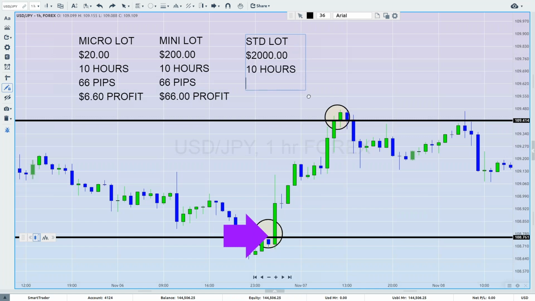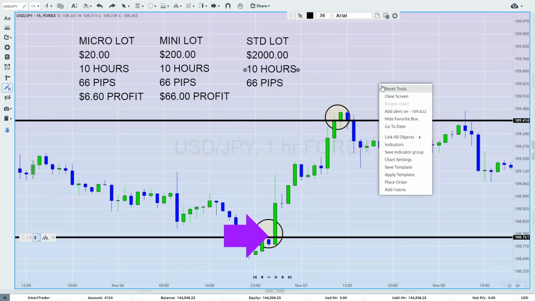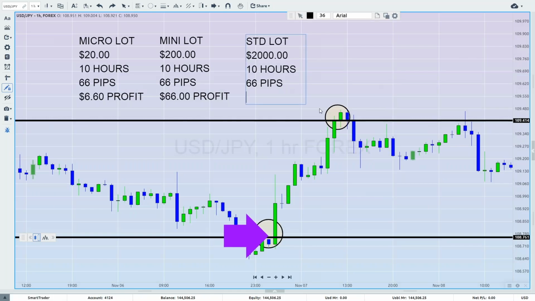We made the same 66 pips. The difference is we took a bigger risk because we invested more money. Therefore, the market produced a bigger reward. We made those same 66 pips, but we were paid $1 per pip. So that's a game changer right there. Because now we just made on a $2,000 investment a